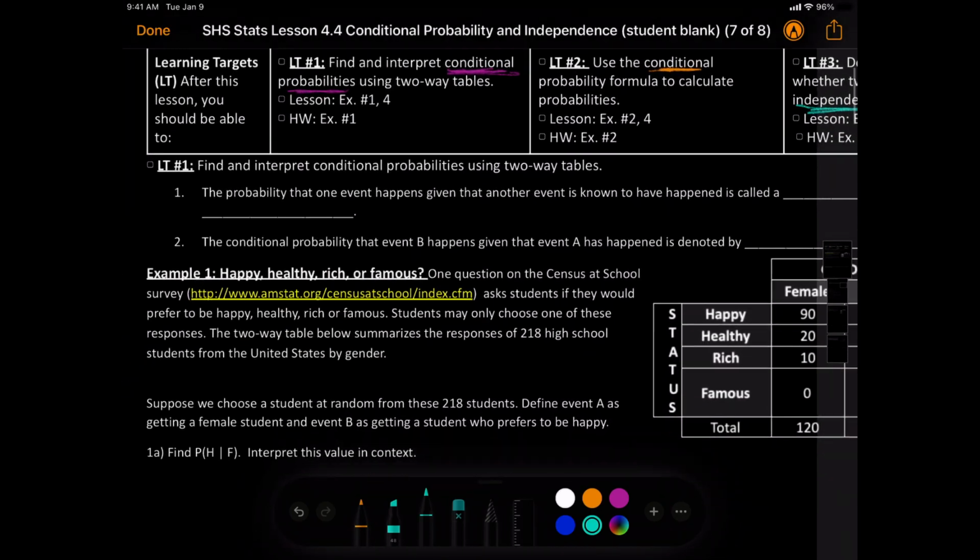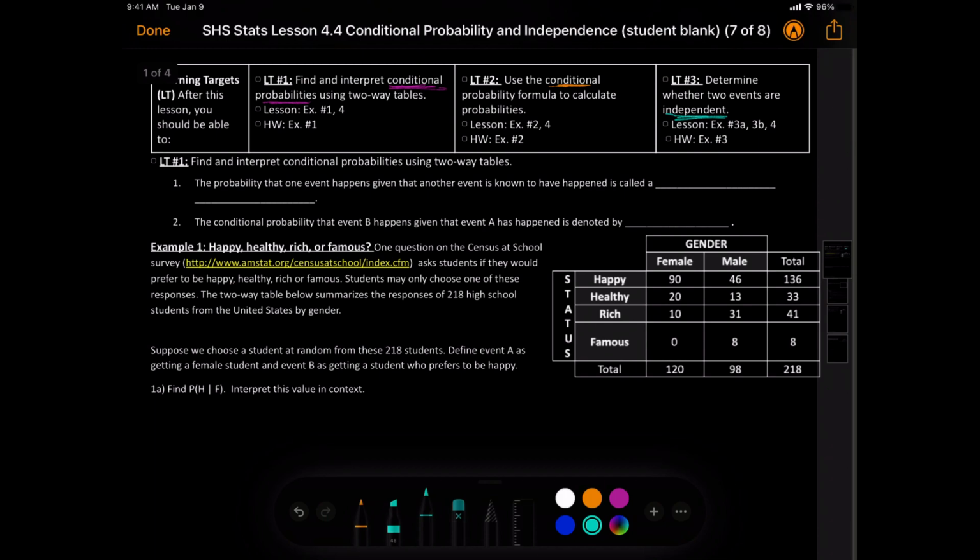All right, let's take a look at this. Learning target number 1. The probability that one event happens, given that another event is known to be, is called a conditional probability. Conditional probability. The conditional probability